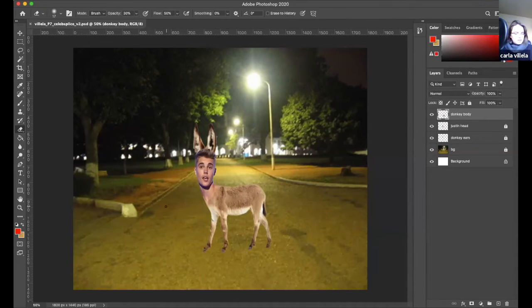Let's go to File, New, or Command N. And I'm going to get a new document. I'm going to name this Villela_P7_Celeb Splice. I'm going to put 2 because this is the second one I'm doing, and you guys are going to do 3 total. So you want to do Celeb Splice 2 and then V1. Make sure you're working in